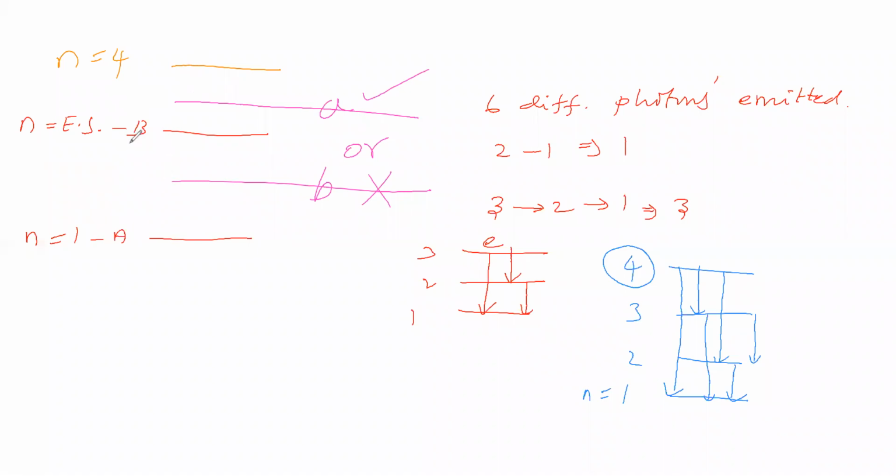So one possibility, if it has gone to this place, it is one possibility. Suppose it is absorbing 2.7 electron volt and goes to this place. Then it is also absorbing 2.7, which means it will come to this B or greater than B. For that we will see this one.